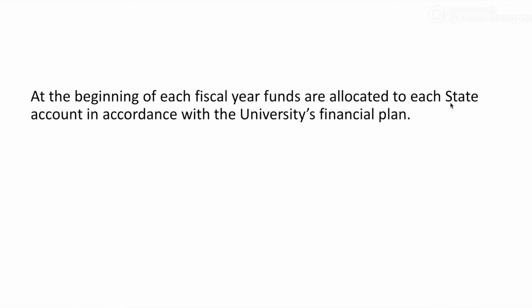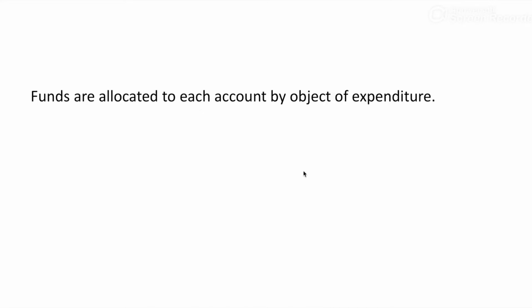funds、allocated、state account。我们来从这里读一下，funds are allocated to each state account。最后一个地方 in accordance with。in accordance with 这个可以把它背下来，以后都可以用到，in accordance with 根据什么什么。最后一个要重读的是 university's financial plan。University's financial plan。接下来一句 Funds are allocated to each account by object of expenditure。我们首先注意要重读的单词有 allocated，它的动词 Funds are allocated to。接下来